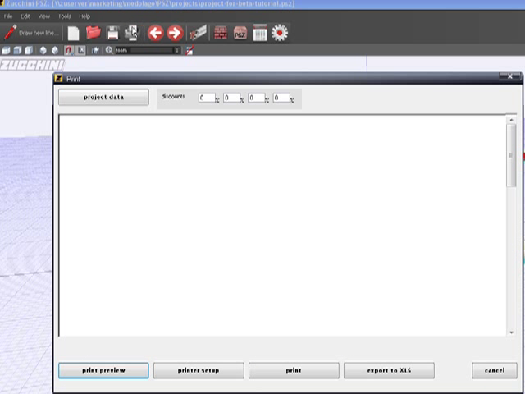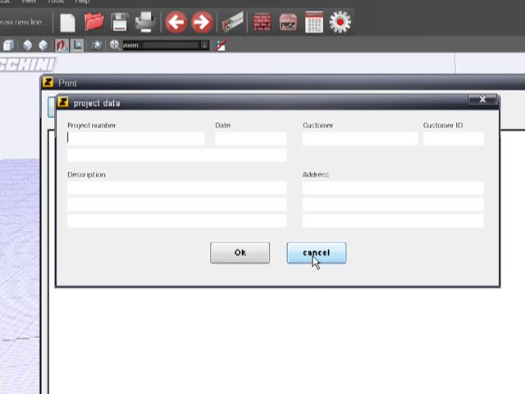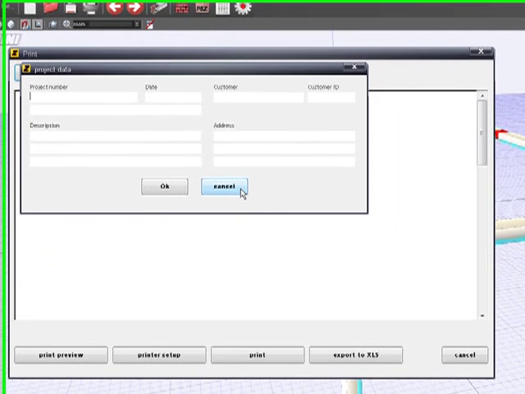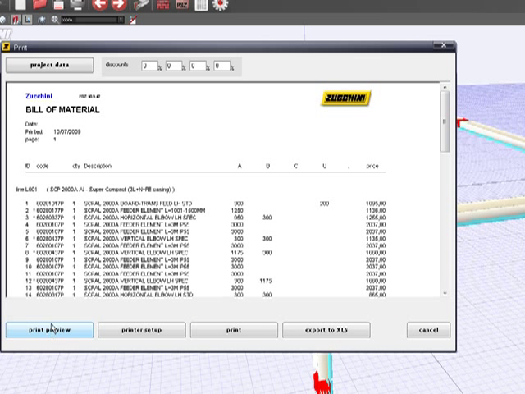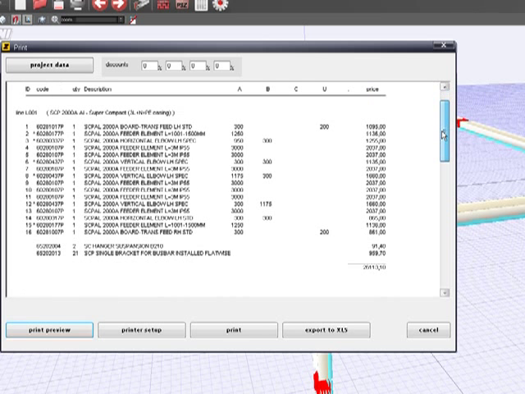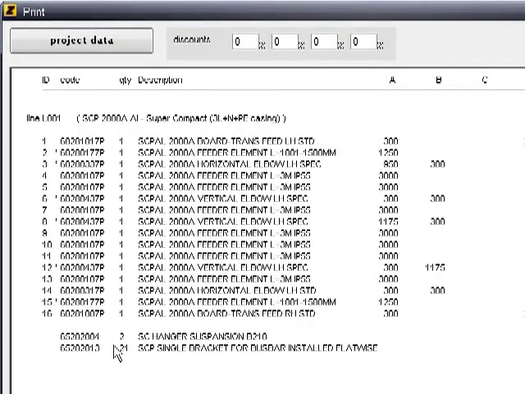If I push this icon, I have a window like this where I can insert the name of the project that will be printed in the header of my paper or my offer. I can push this print preview. I see all the list of material necessary to install my layout, my super compact project, plus also the hangers necessary to install correctly